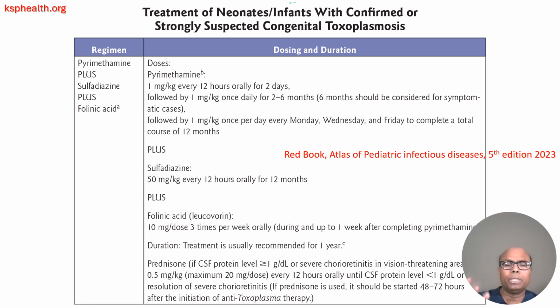One should use pyrimethamine, sulfadiazine, and folinic acid. The pyrimethamine dose is 1 mg per kg every 12 hours orally for 2 days. Then 1 mg per kg daily for 2 to 6 months. 6 months should be considered for symptomatic cases, followed by 1 milligram per kilogram per day on Monday, Wednesday, and